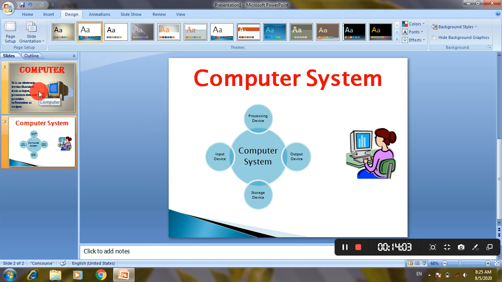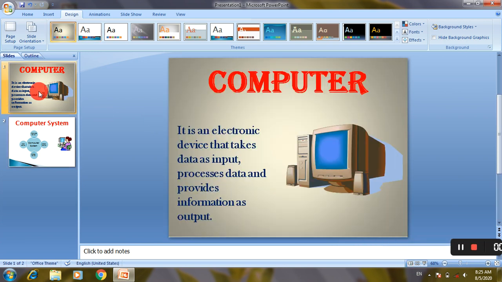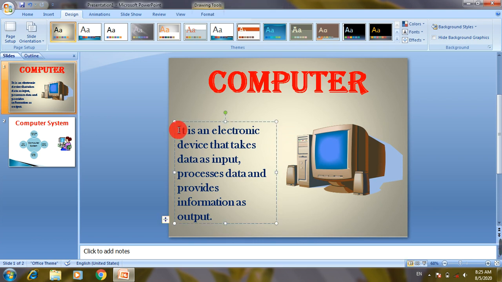Okay, now I'm going to show you how to apply paragraph spacing or line spacing. For this there is need of text, so that paragraph or line spacing can be applied. So here in this first slide, I have several lines of text.